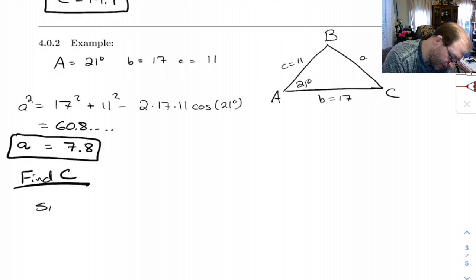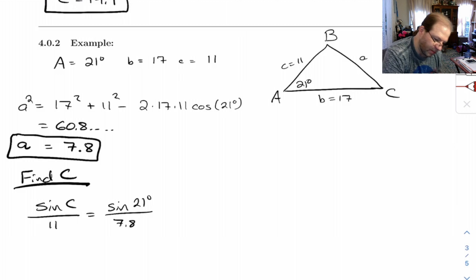So I'll do that by doing sine C over C is equal to sine A over A. A was 7.8. Multiply both sides of that by 11. And so I'm left with sine C is 11 sine 21 divided by 7.8. That gives me